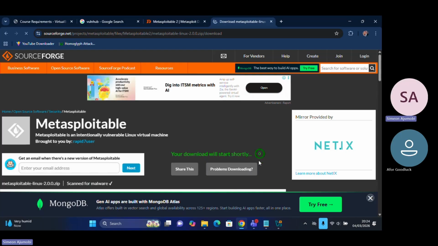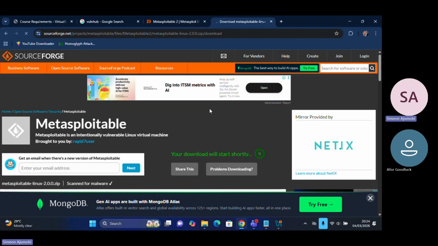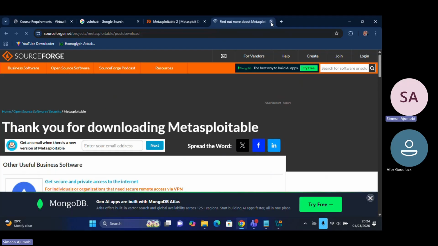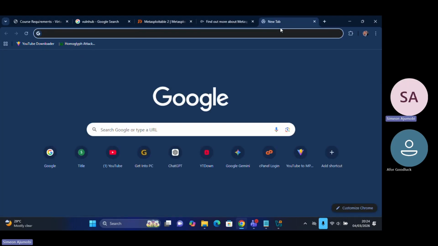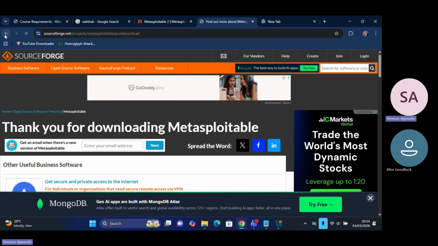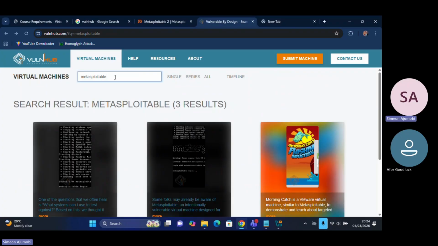But I've already downloaded Metasploitable, so I'm going to show you. See, this is it. I've already downloaded it, so I'm canceling that. But for your own, click on Start Download. So after Metasploitable 2, we're going to be making use of another. In that same VulnHub site, we can look for the last one we'll be downloading, and that one is